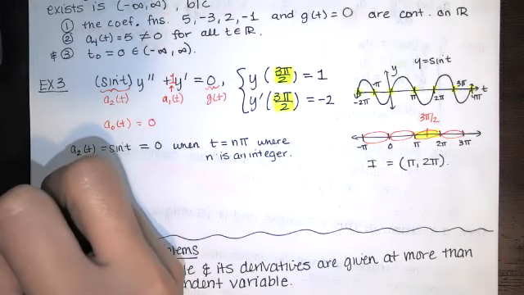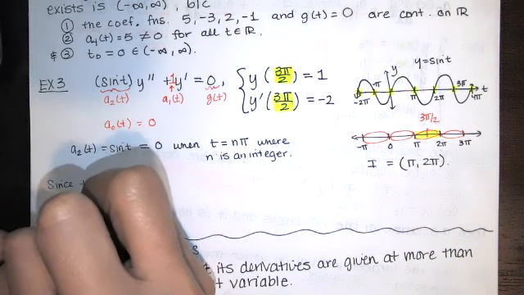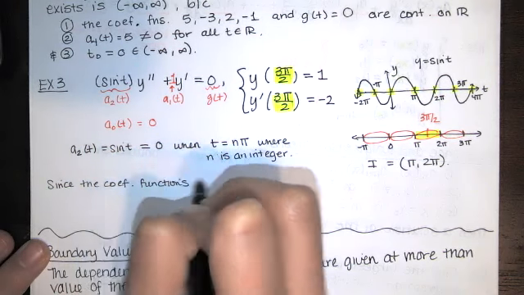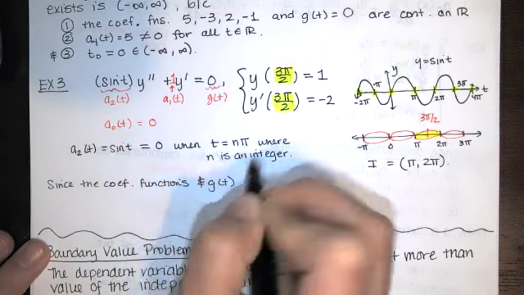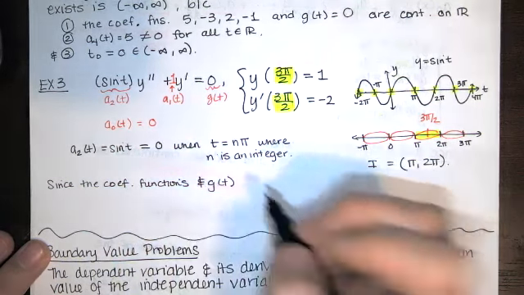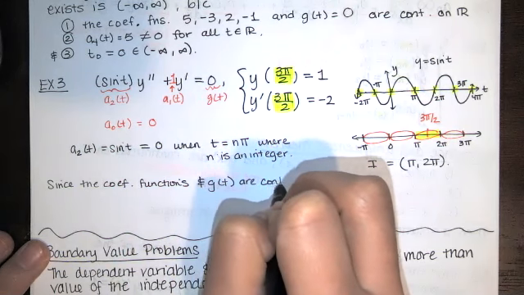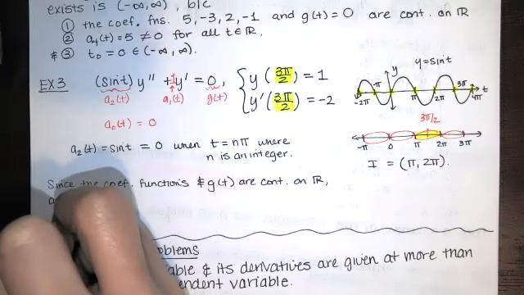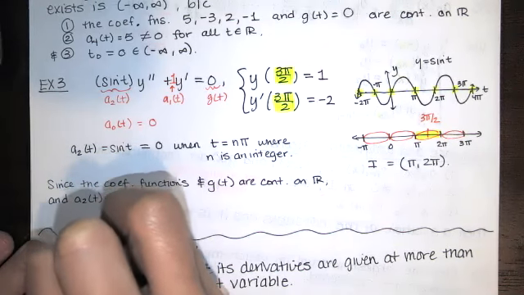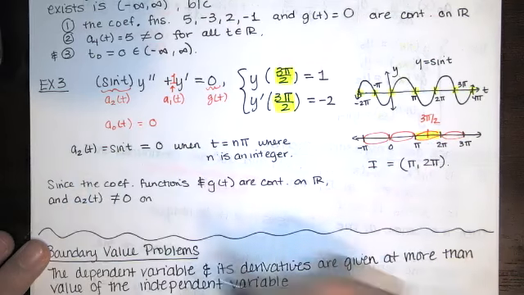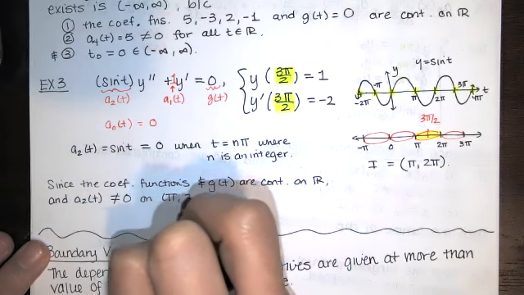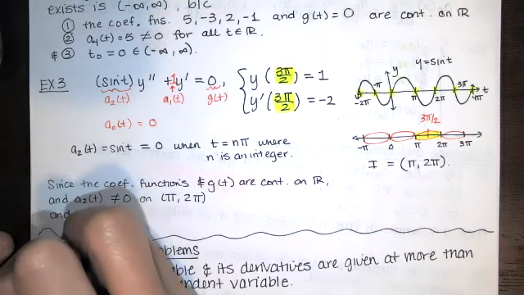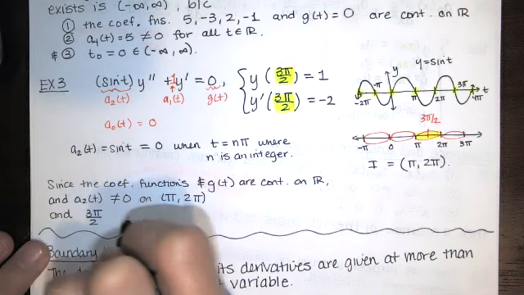We'll say since the coefficient functions and g of t, as a function on the right-hand side, are continuous for all real numbers, and a sub 2 of t is not equal to 0 on the interval that we're interested in, the interval from pi to 2 pi, and the interval from pi to 2 pi includes 3 pi over 2,